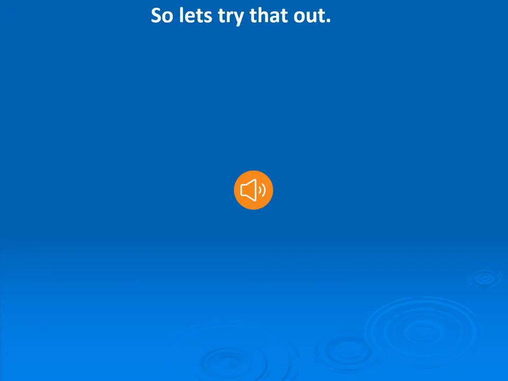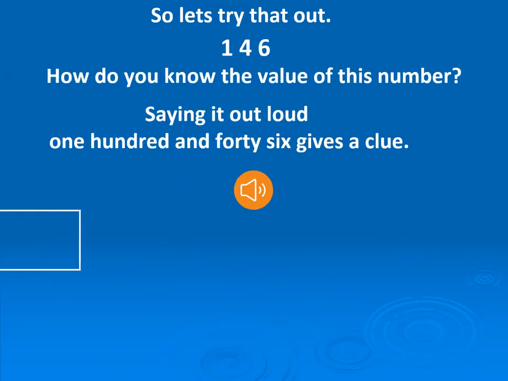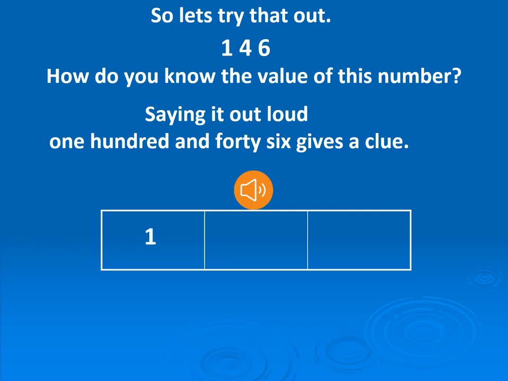The number 146 is made up of 3 digits: 6, 4 and 1. Now how do you know the value of this number? Say it with me loud: 146.